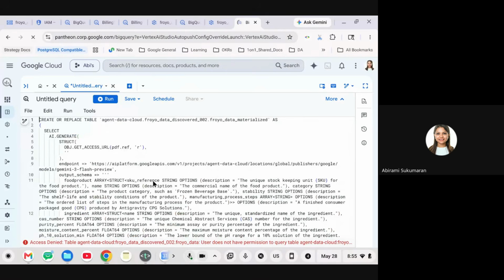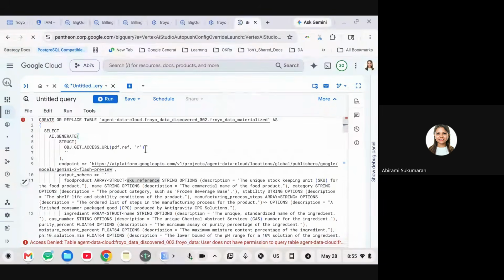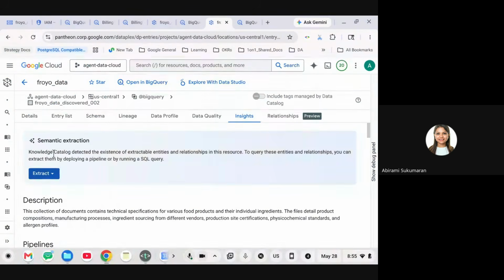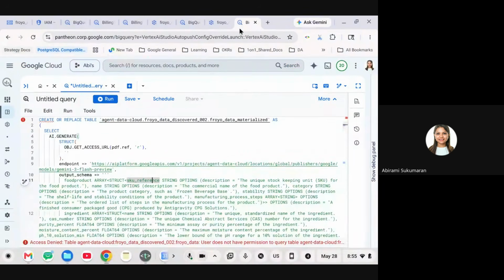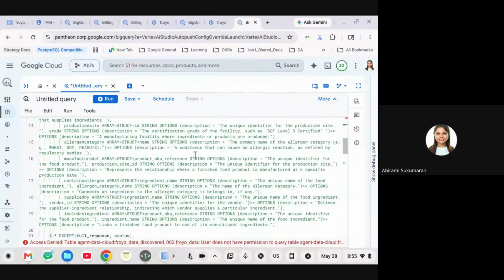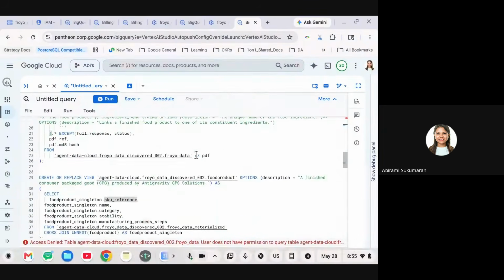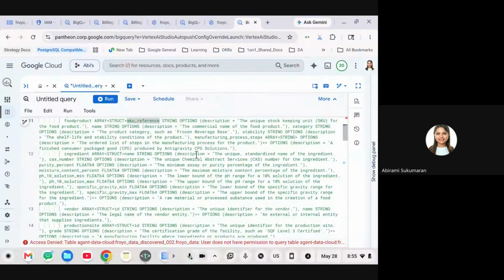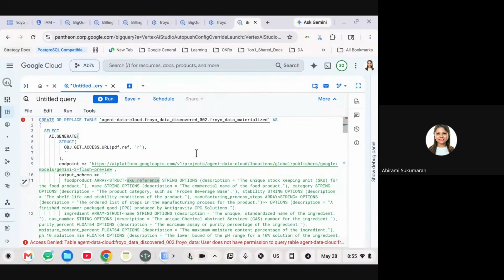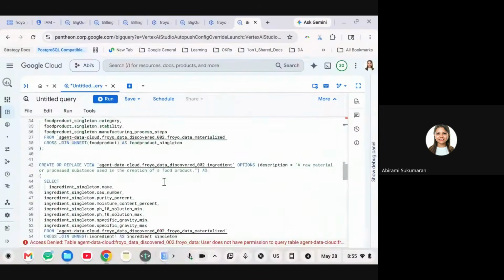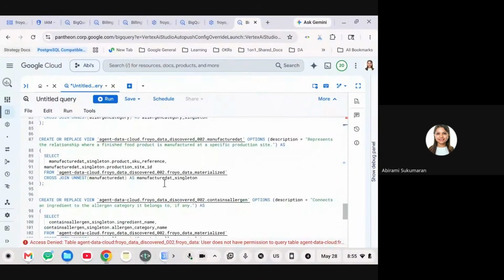Don't worry about this access denied. It opened in a different profile, that's why. Just see what it did. The moment you selected extract with SQL and selected an existing data set or a new data set, it automatically generated an entire SQL script for entities and relationships of everything it understood. This is the crux, the essence of what we are doing today. It generated the tables, not just the tables, the views, the relationships, everything that you need.